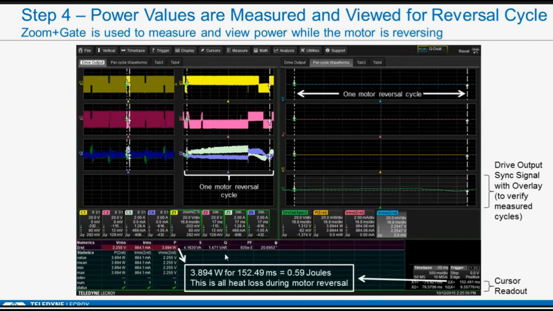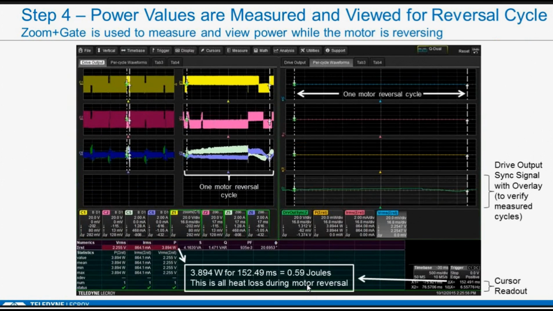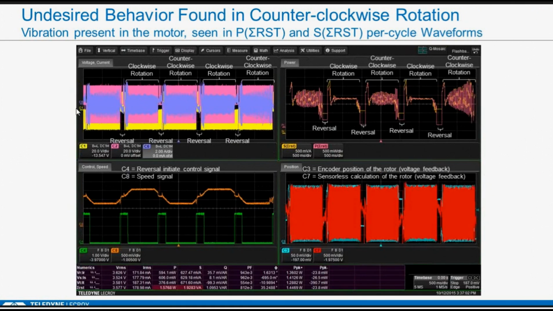So in one full cycle, I basically have 0.59 joules, going back one slide. During the cycle, 0.82 joules. If I sum those two things up and multiply by the number of cycles in a minute, that'll be my heat lost in a minute. So pretty cool capability. Now, they saw something else here that I alluded to earlier, and that was that in